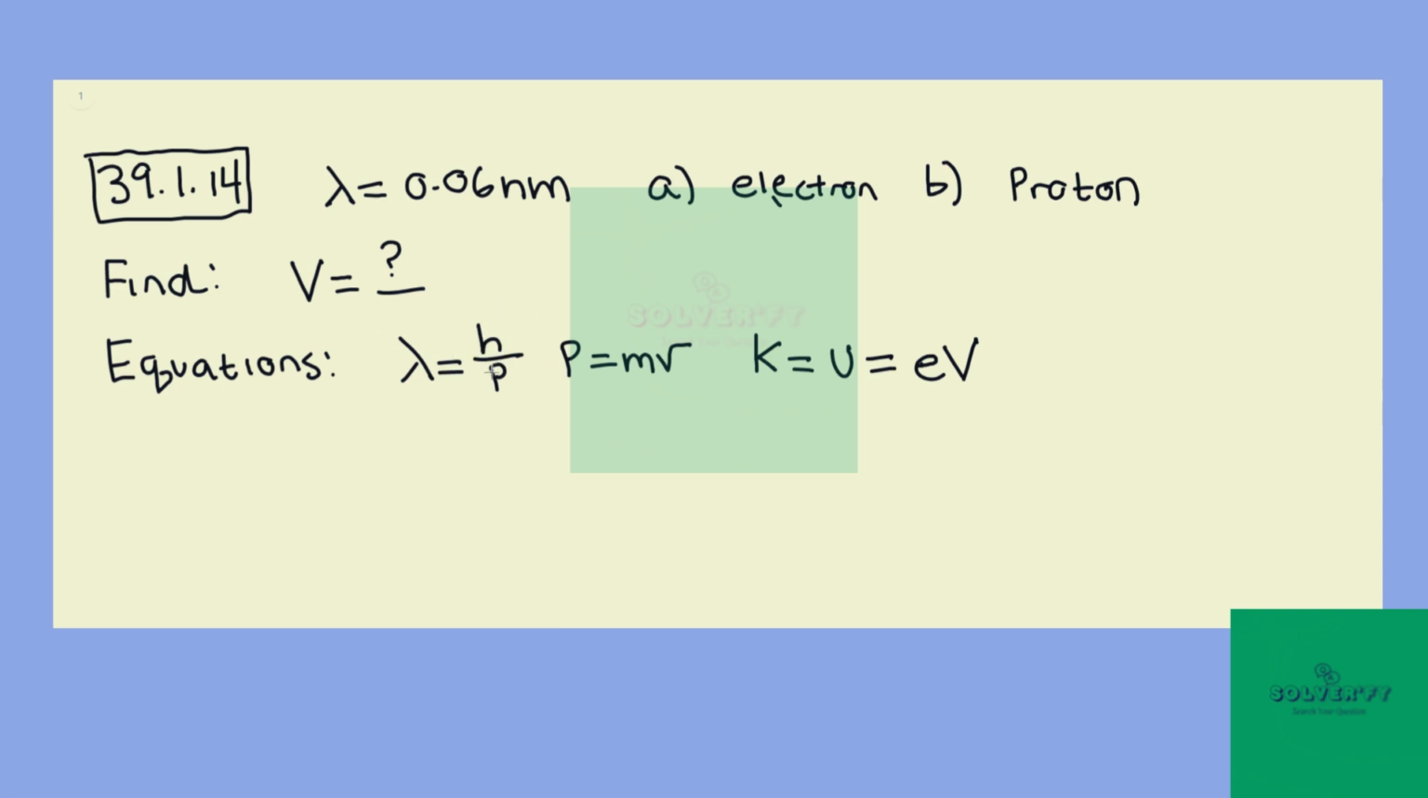h over the momentum of the particle. We need to remember the definition of momentum, p equals mv, of course. And for the case of particles being accelerated through a potential difference,